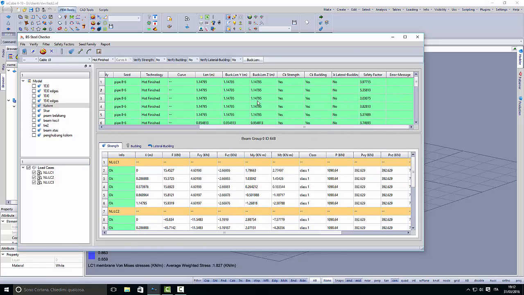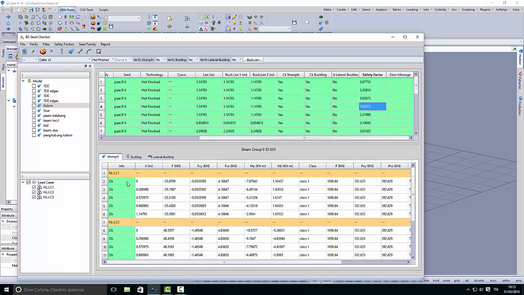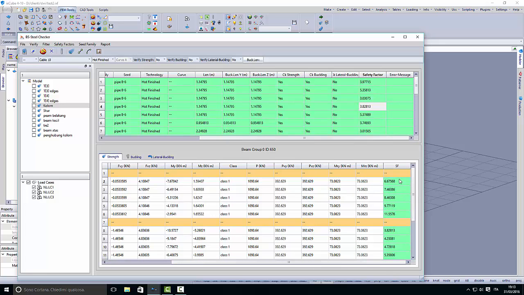A green line means that it has passed all the verification rules, and we can see here the safety factor of the element. A number bigger than 1 is okay, so the bigger this number is, it means that the element can be reduced in size, so the steel can be optimized. A number less than 1 means that the element is not verified. In the bottom table, we can see the checks for the strength for all the load cases and for all the points that have been checked. At the end, we find here the safety factor